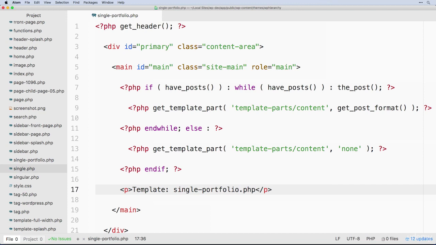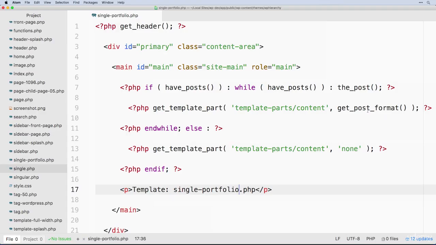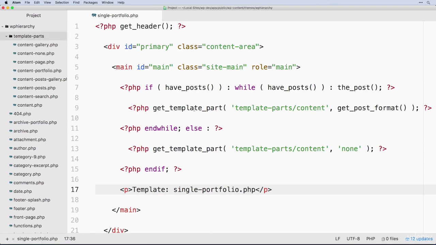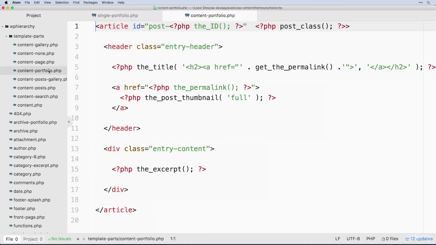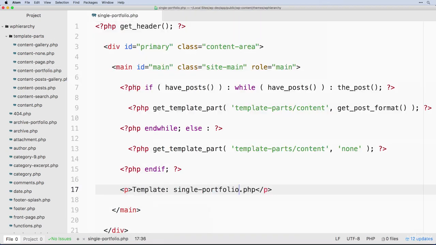The one thing that I will point out is that we don't want this template part pulling in the same one for posts, and we could potentially create another template part, but in this case, I'm going to show a demo of just throwing in the actual code that we need into this template, since we probably aren't going to need to duplicate throwing in a single portfolio view except here. So it makes sense that it could live here and doesn't need to be used elsewhere. So let's just grab our portfolio include that we had before for looping through them, and let's paste that in here